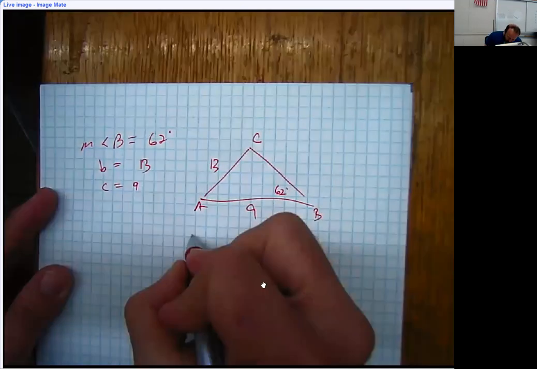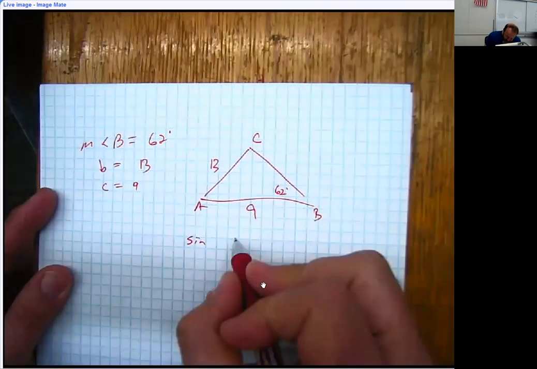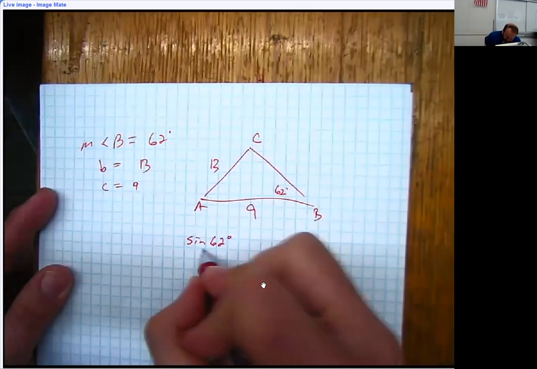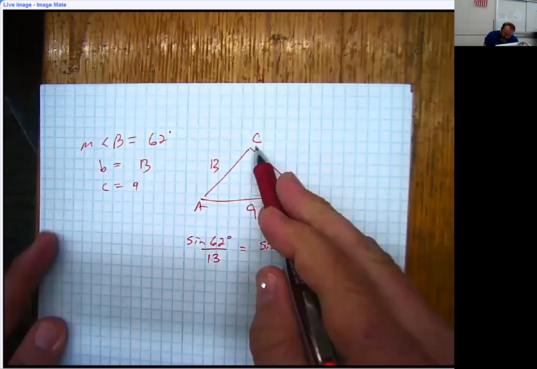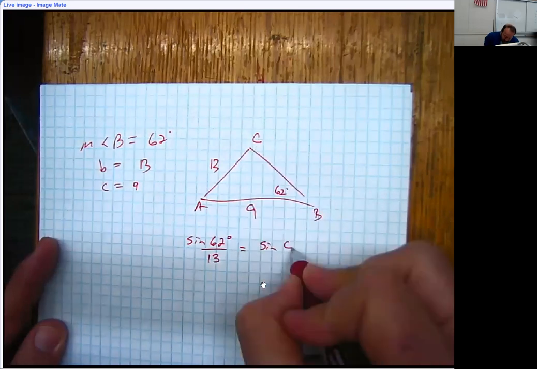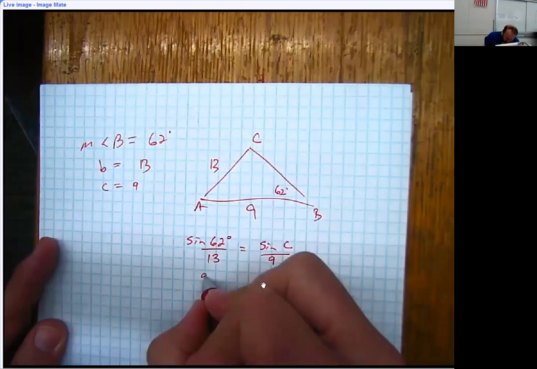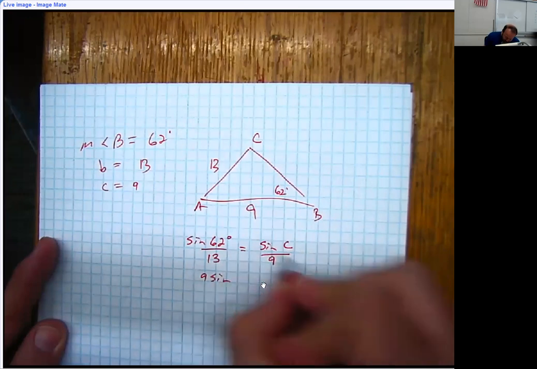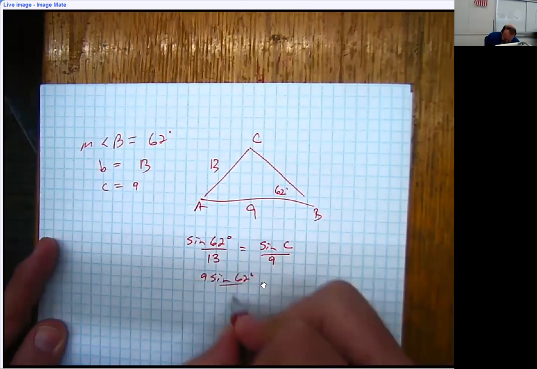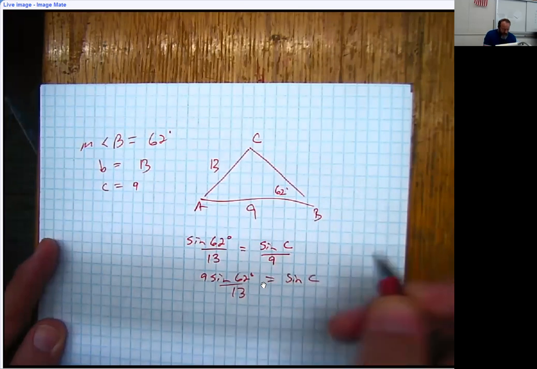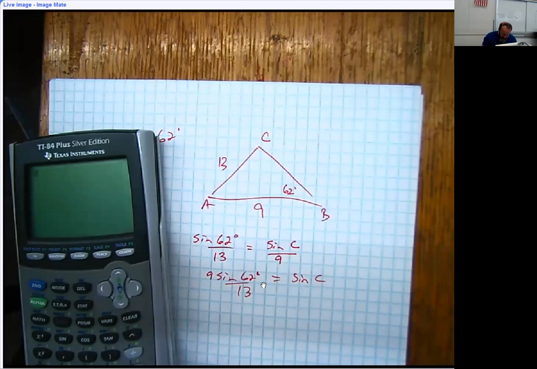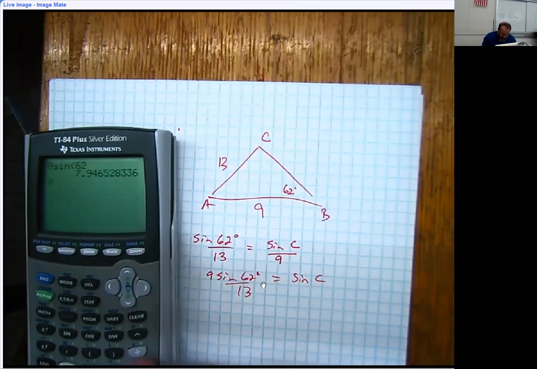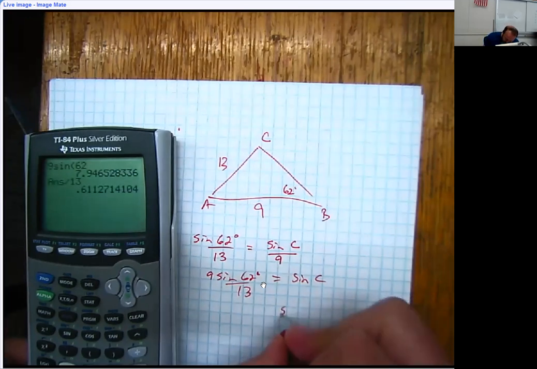So when I go ahead and I take a look at the sine of 62 is to 13 as the sine of, well, let's see, I guess we're going to have to go with C right here. C is going to be to 9. So just like the previous problem, I'm going to multiply both sides by 9. Now, I always assume that there's a secondary triangle. So let's see what happens when I make that assumption. 9 times the sine of 62 divided by 13, I got the sine of C is